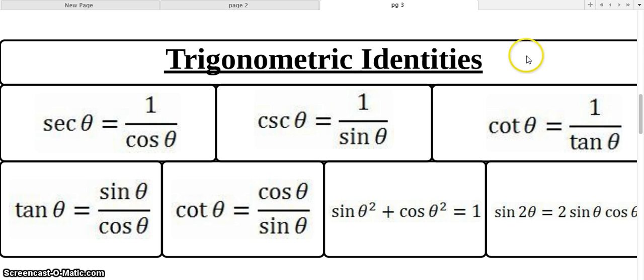All right, these are trig identities. I am not even going to sit here and discuss these. There are a few people that have had trig or are taking trig right now that will understand this, or maybe you haven't even gotten to it yet. So there's no sense in me covering this material